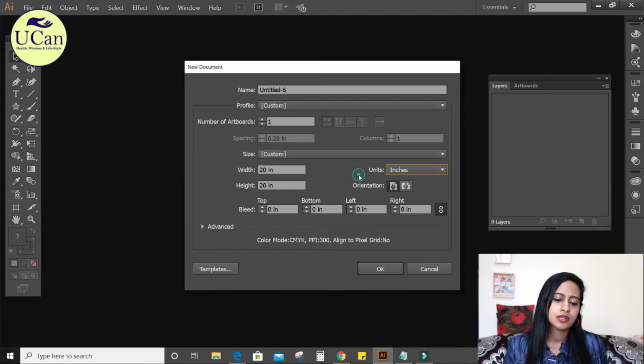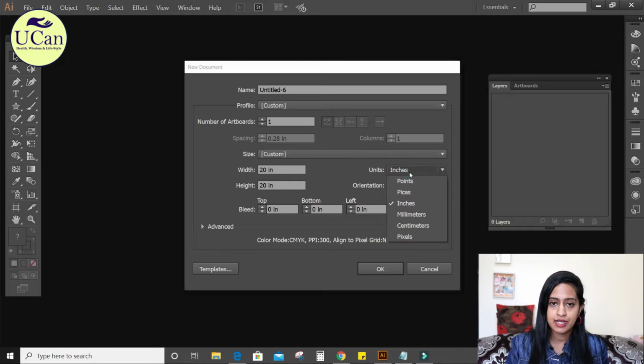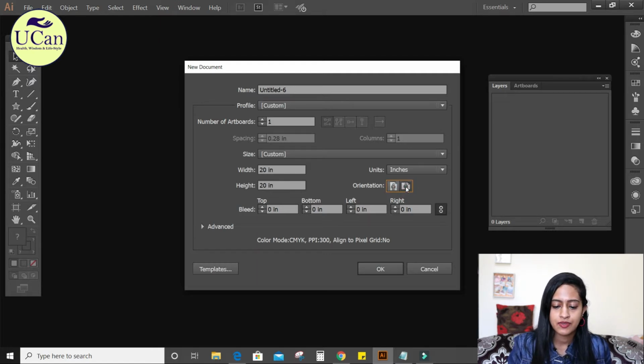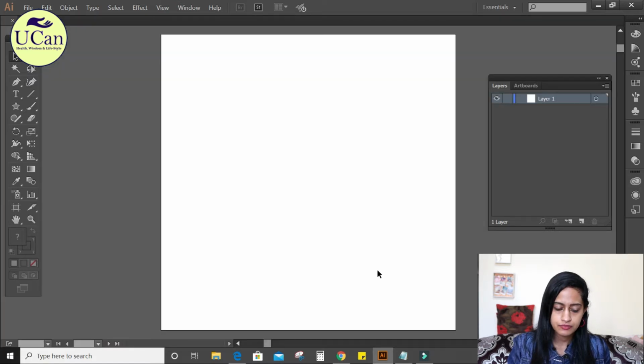If you want to create a logo or a certain artwork with specified measurements from your client or anybody, make sure that it is on inches, accurate, because once you set the parameters of the sizes, it's obviously amendable later, but it's better to keep in mind at the beginning. So I have chosen inches, 20 by 20. If you want portrait, you can choose the portrait orientation. If you want landscape, go ahead and click landscape. I'm going to go with landscape, and click OK. So there you go, you got your new canvas here.